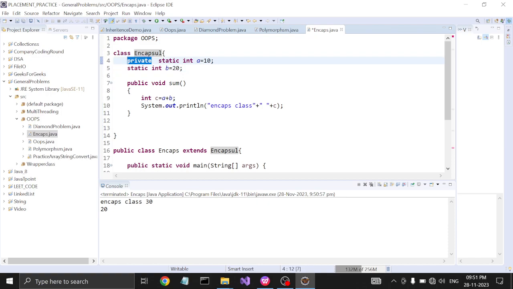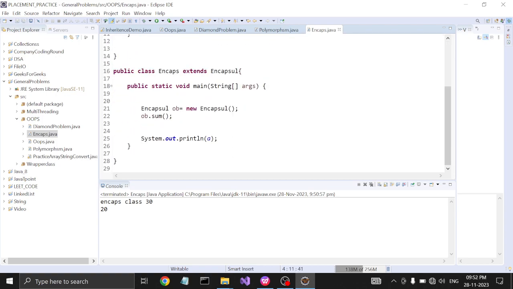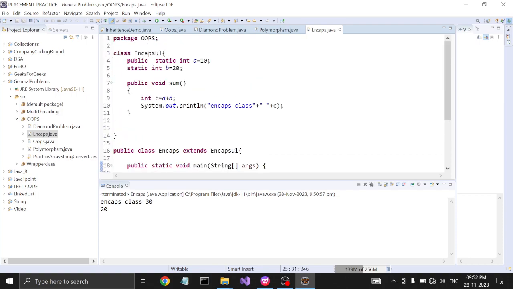When I change the access specifier of this variable A to public, now I am able to access it from outside of the class. Now I am changing the access specifier of the method to private.